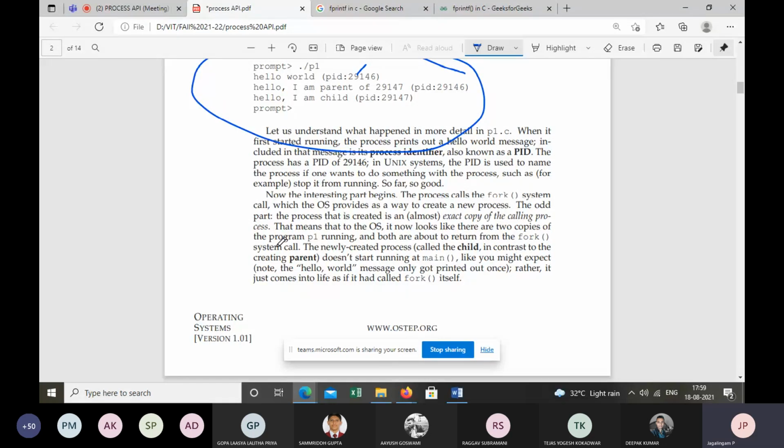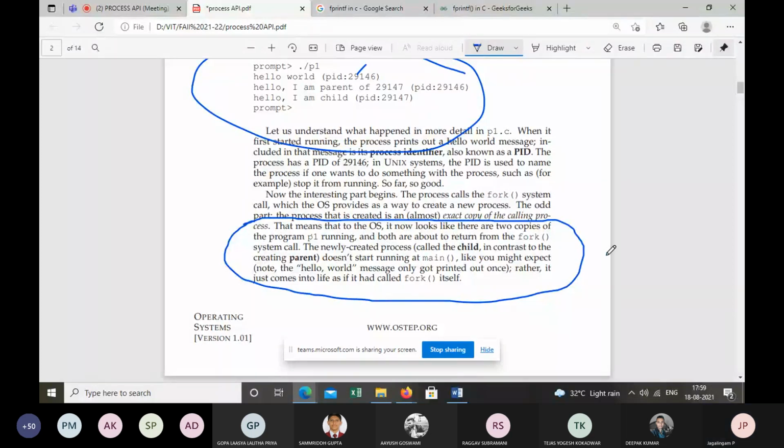Now, please read the last 2 sentences, then we'll have a discussion. Whatever I circle, please read that. Did you understand this?